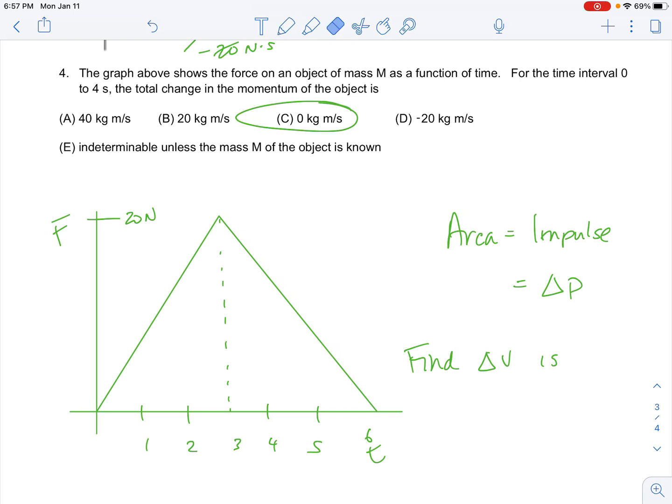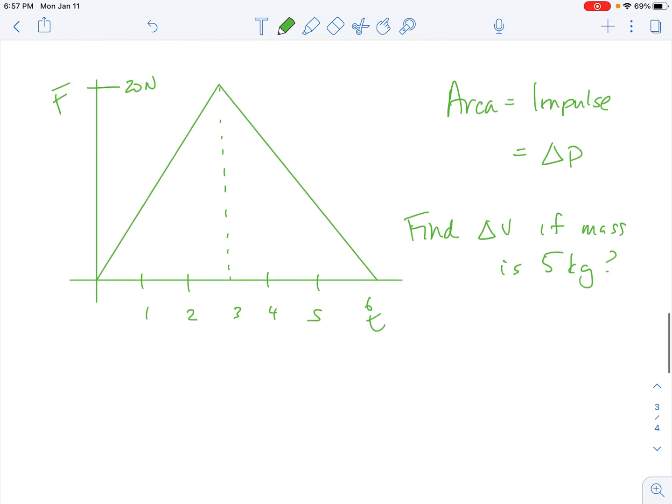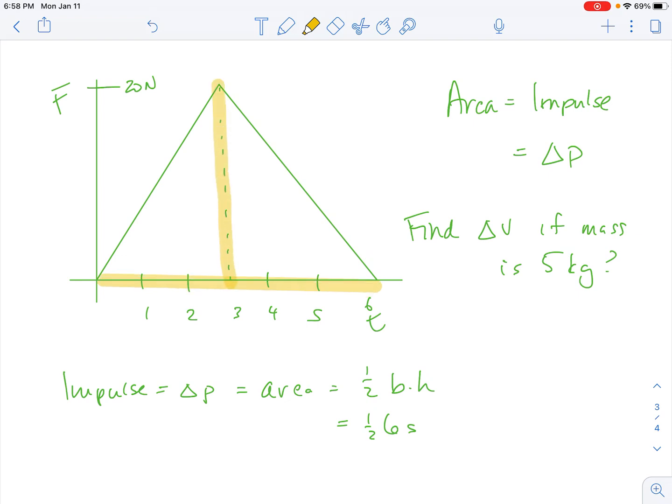the change in velocity if the mass of the object is 5 kilograms. Okay, so the first thing that I want to do is find the impulse, which is going to equal my change in momentum. And the impulse is going to be equal to the area, which is going to be 1/2 the base times the height of the triangle, which is 1/2 times 6 seconds is the base. There's my base. And then the height, in this case, would be 20. So my area is 60 Newton seconds,